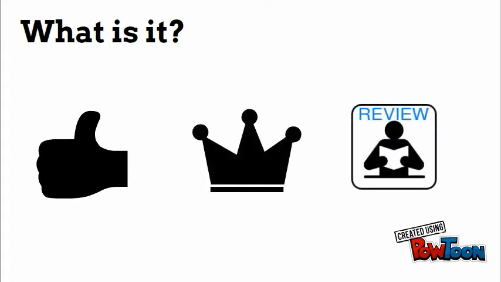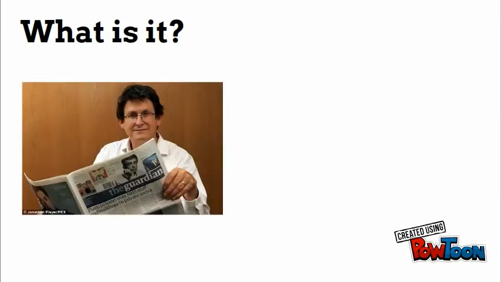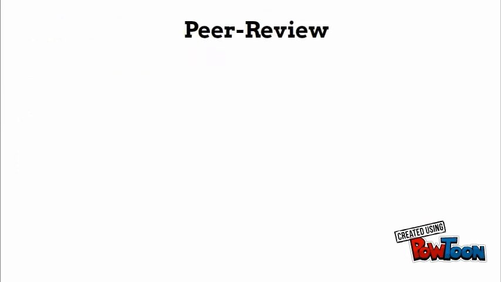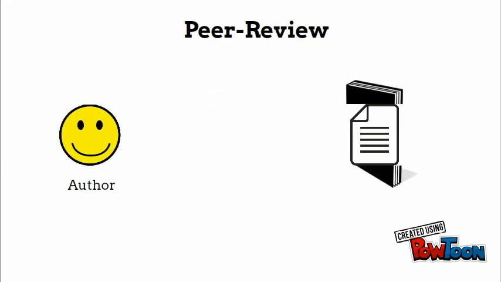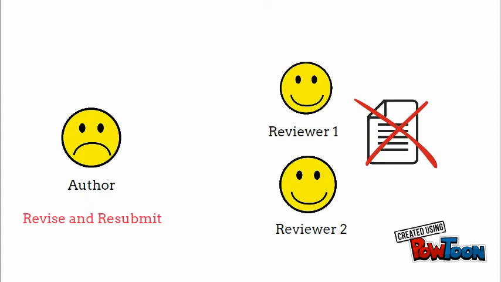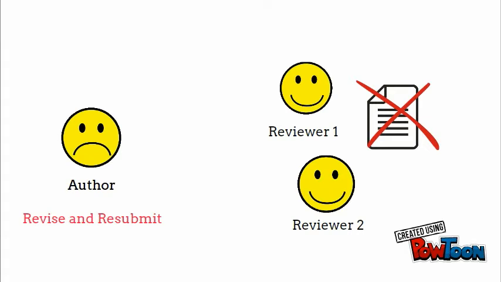Did anybody review what the author wrote? Is there an editor? How rigorous is the editorial process? You might have heard about the peer review process in academic journals. Once an author submits a paper to an academic journal, the editor sends it out to the reviewers. They are experts in their field and review the article. They send it back to the editor, and then the editor decides if the article will be published or if the author has to revise and resubmit it, or if the article won't be published at all. This is an example of a very rigorous editorial process which improves the quality of an article.